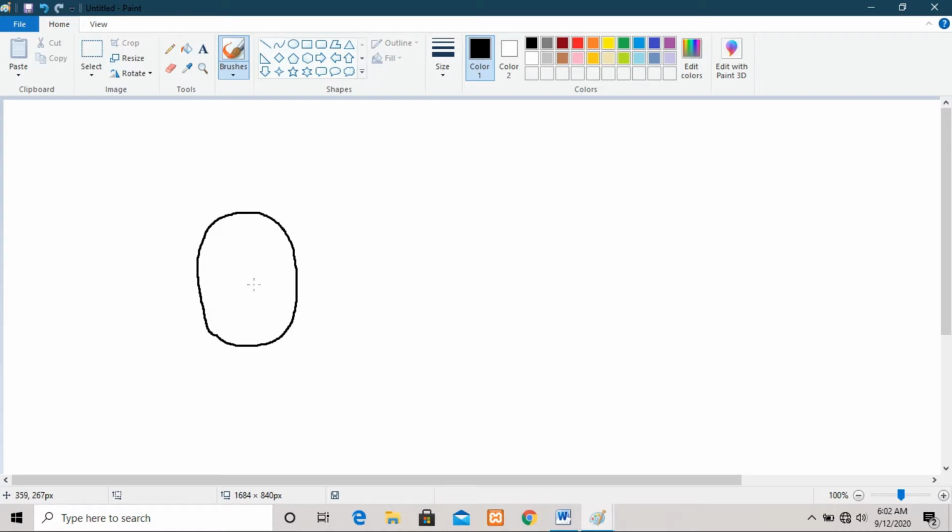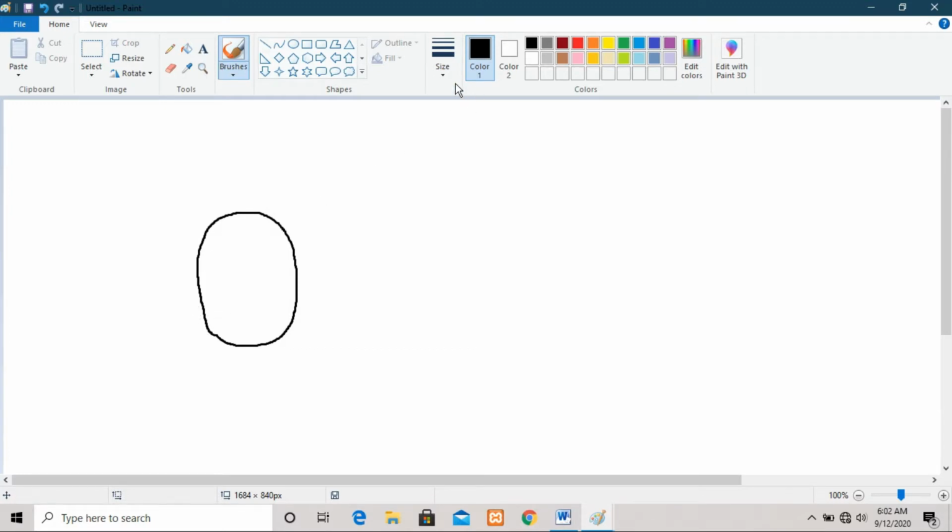Right now I have made this oval shape with the help of the mouse. You can also increase the border of this line, this shape.